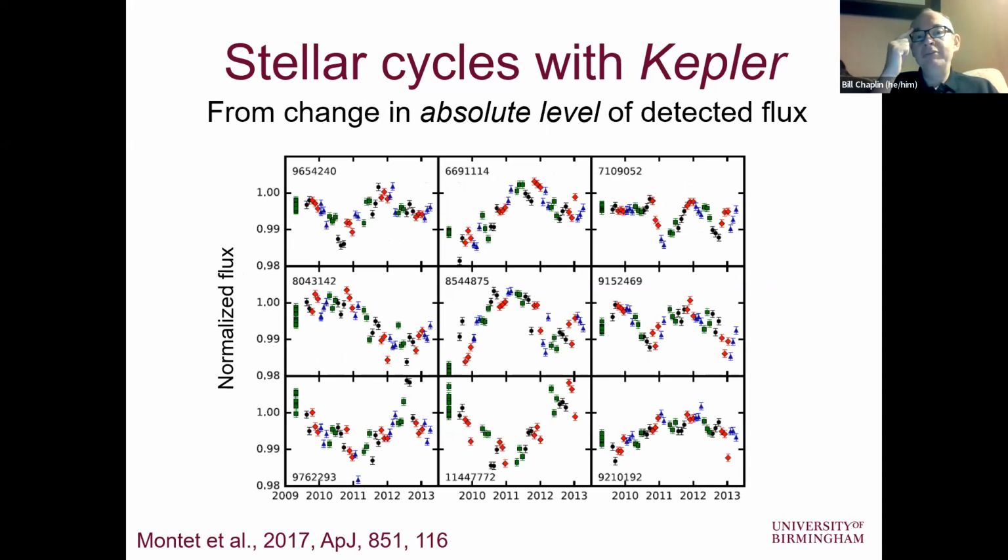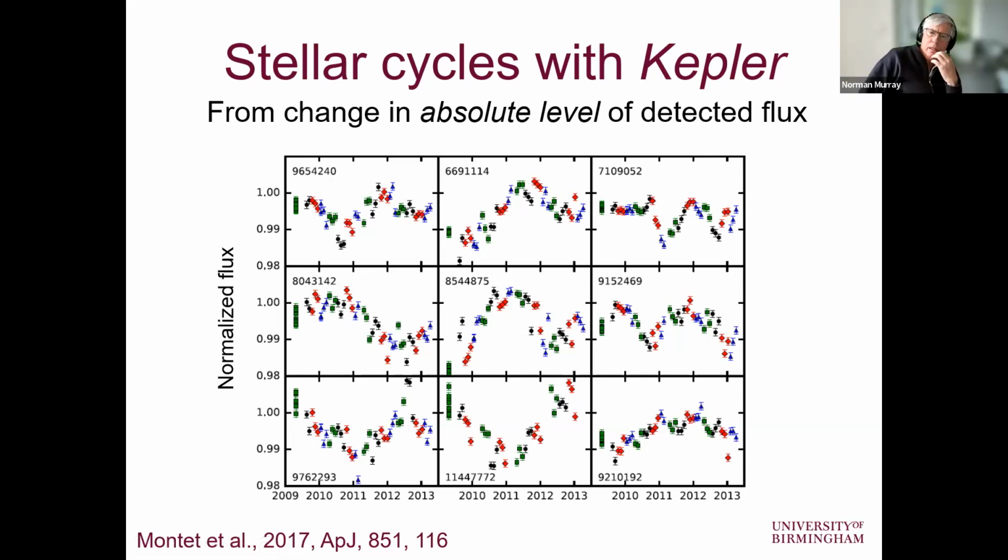But one other way of doing this is to actually measure the change in the absolute level of the detected flux of the star. Now, this is a hell of a lot harder to do because you have to normalize out for a lot of systematic effects, instrumental effects. It's incredibly difficult to do. But some people have done it. So Ben Montet and his colleagues did a great job of doing this. So here, instead of measuring the variance around the mean, what you're doing is measuring the absolute variability. And if you do that as a function of time, here's a selection of stars, it gives you another way of picking up the variability.